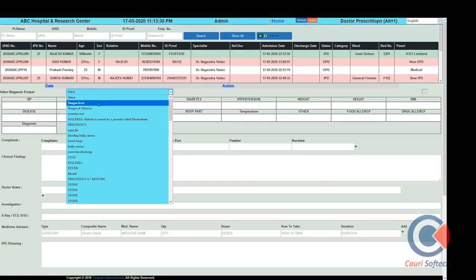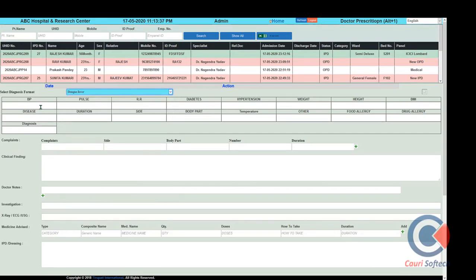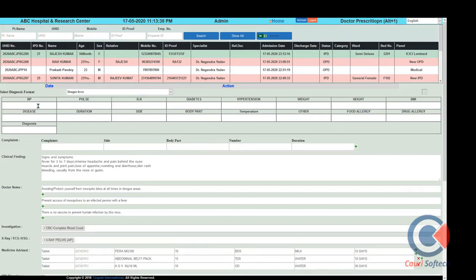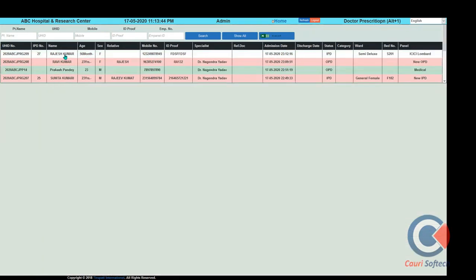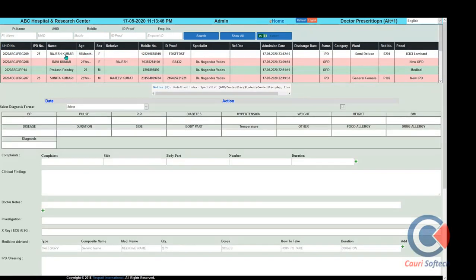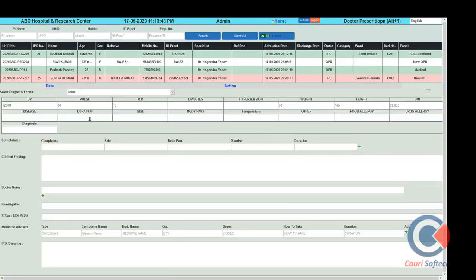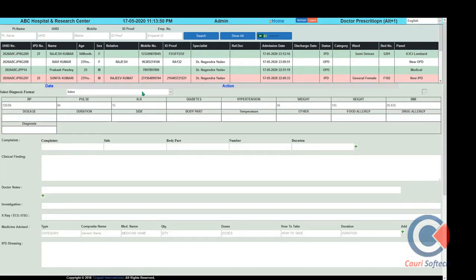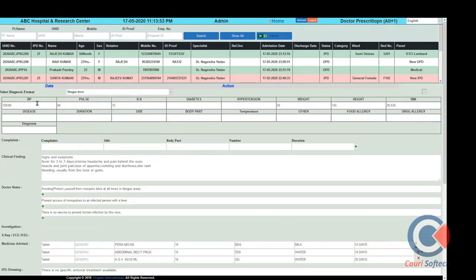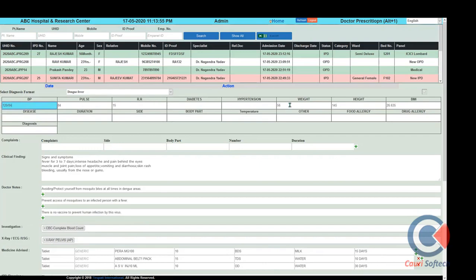The doctor can select the diagnosis template option here, and for the respective diagnosis, the BP and pulse values will appear according to the same patient, if we have fed them from the register. If I click the Rajesh Kumar patient, the patient entry that we have created, the values can be shown here. If you select a different doctor, a different type of format is available. See here, if we select dengue fever, I want to advise this information. There you can see BP, pulse rate, height and weight values coming automatically.